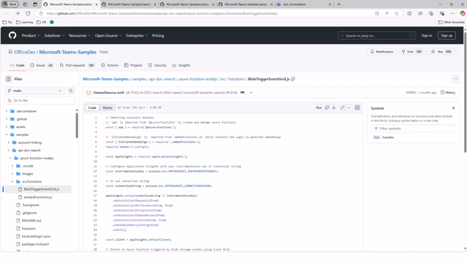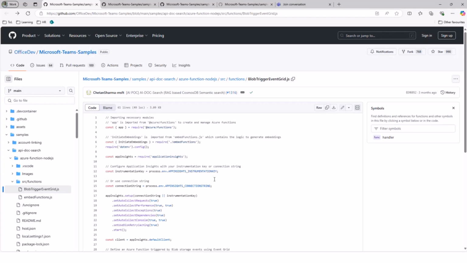This script is configured to listen for events related to files that are stored in the Azure Blob storage. Whenever a new file is added or updated in a specific folder, this code automatically gets executed based on the event. So as we have seen earlier in the demo, whenever there is a new file being added to the blob storage, it immediately converts it into embeddings and stores into the